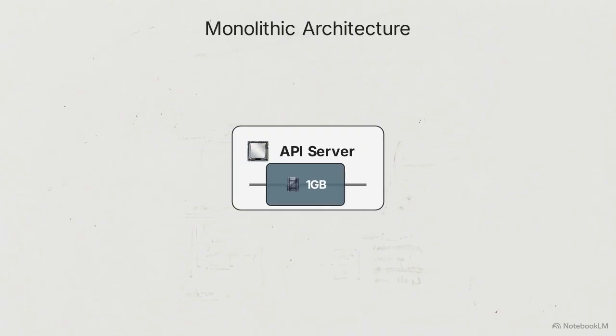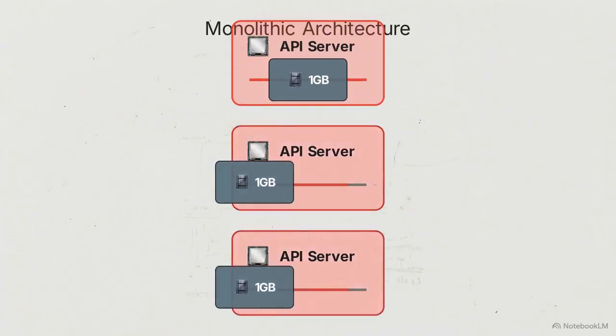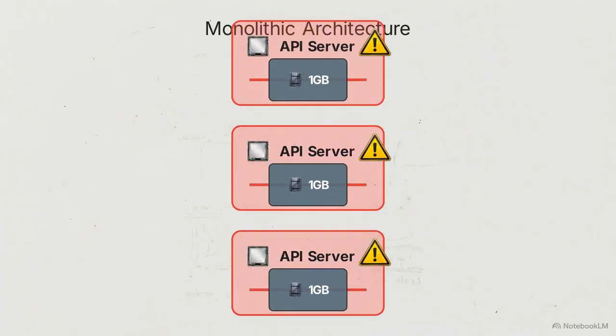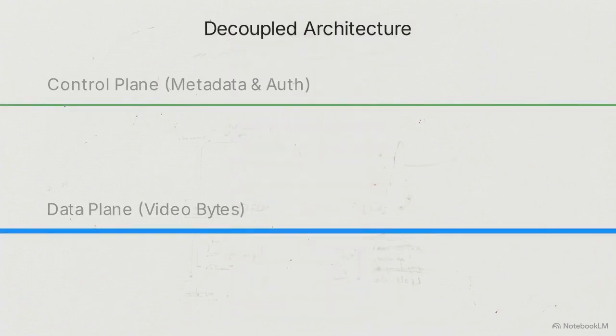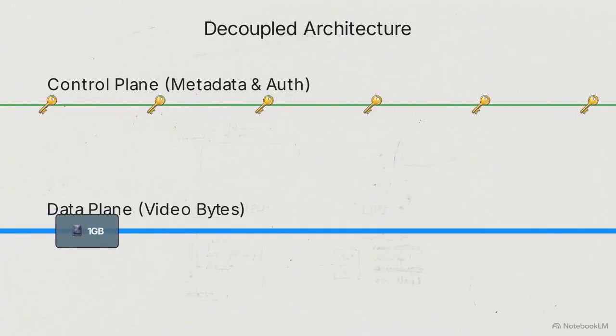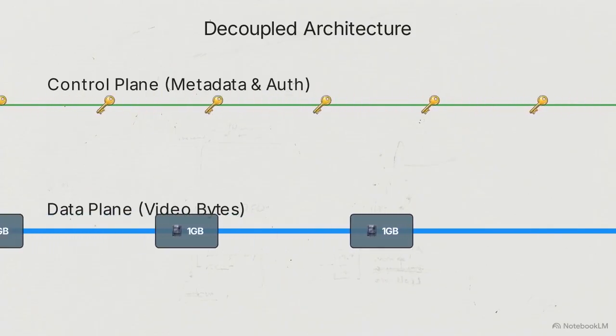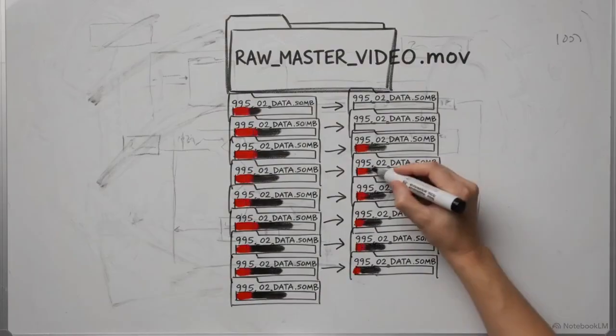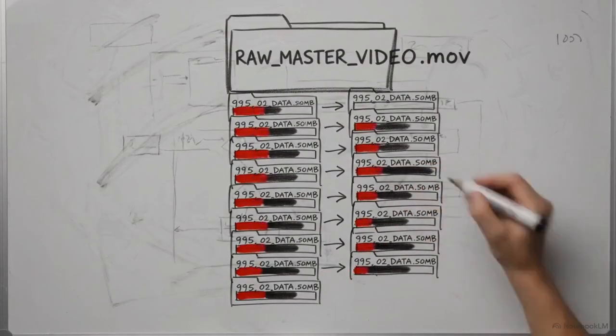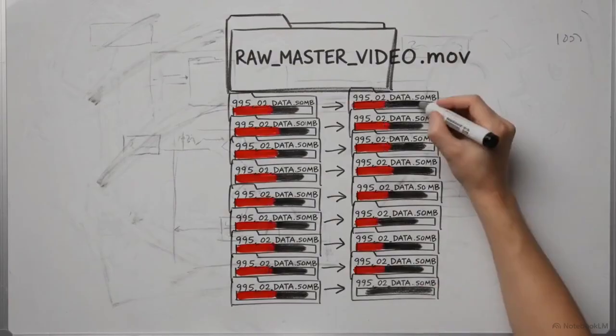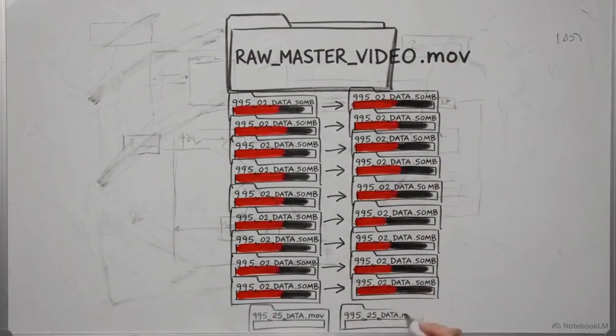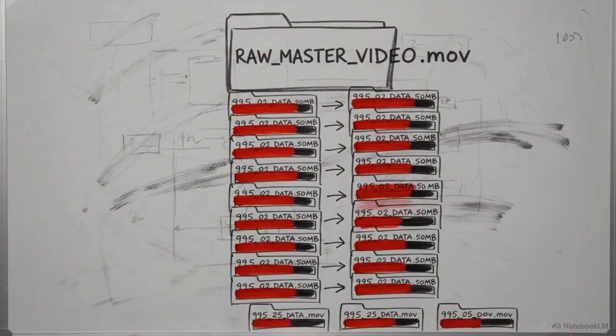If you proxy a 1 gigabyte file through an API server, that upload ties up a worker thread for several minutes. Scale that up and the server saturates, exhausts its memory, and crashes. The solution relies on a strict architectural divide. We must separate the control plane, which handles metadata and authorization, from the data plane, which carries the actual video bytes. Surviving internet-scale video requires moving away from single files and vertical hardware limits. Video data must be dismantled into parallel, asynchronous microevents.